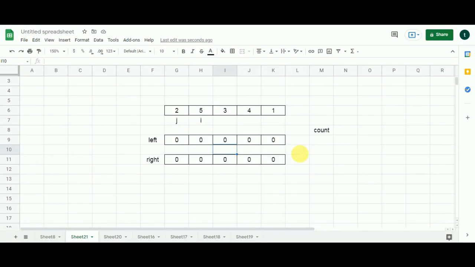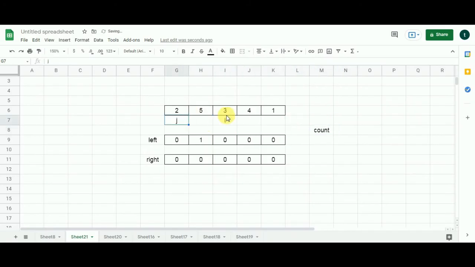Initially, I will fill both the arrays, that means the left and the right array over here, with zeros. So J represents 2 and I represents 5. Is 5 greater than 2? Yes, it is. So I will increment the count variable by 1 because we got one rating on the left that is less than the current rating, which is 5. Thus I populate the value of count in this cell of the left array and clear the count variable. Now I moves one cell to the right. J goes back to 0.